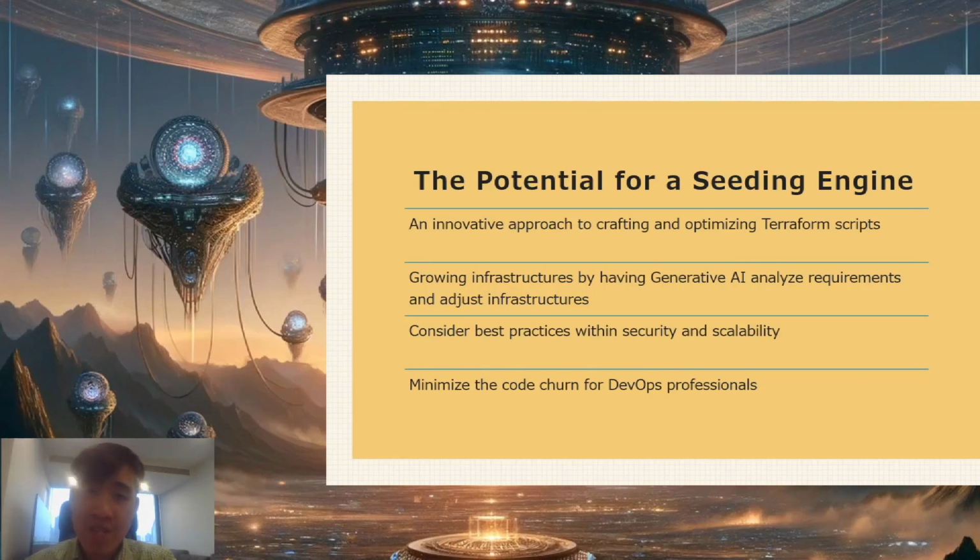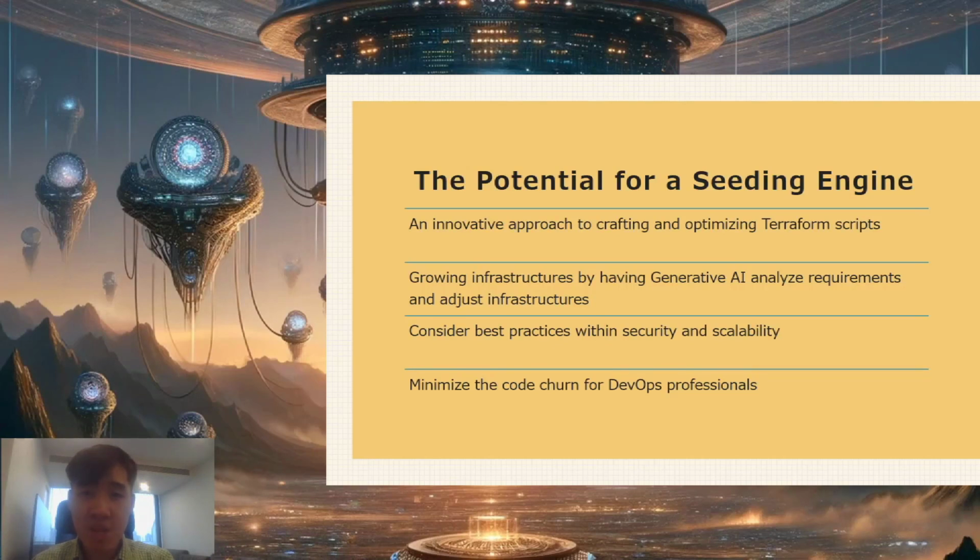But what if we can take that a step further and start looking into how we can automate the whole process and try to bring it forward as much as we can to have it cover not only the code generation, but also assist with